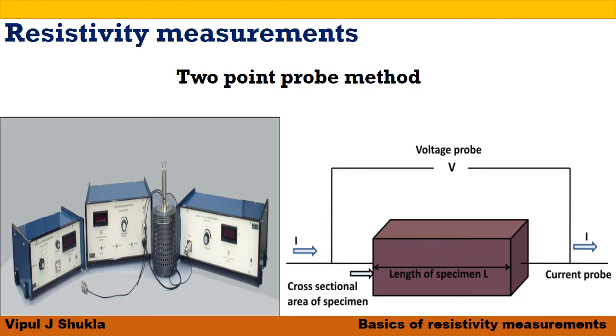One important method for the measurement of resistivity is the 2-point probe method. Look at this figure. The 2-probe method is one of the standard and most commonly used methods for the measurement of resistivity of very high resistivity samples like sheets and films of polymers. The resistivity measurement of such samples is beyond the range of a 4-probe method. The 2-probe technique is suitable for measuring resistivity of high resistivity samples.